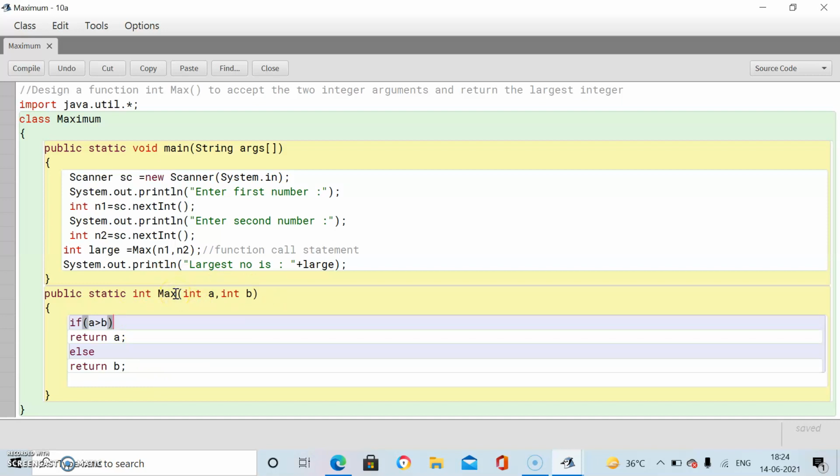And the part or the things which are in these parentheses, this is the function signature. Function signature means the number and type of parameters. It is clear from this signature that there are two parameters separated by a comma. There are two numbers. So the number of parameters is 2 and the type of parameters is integer. So this is the function prototype. Fine.